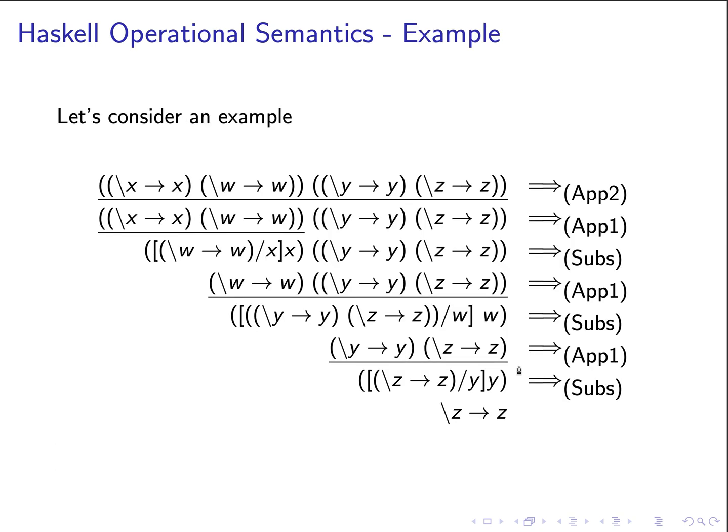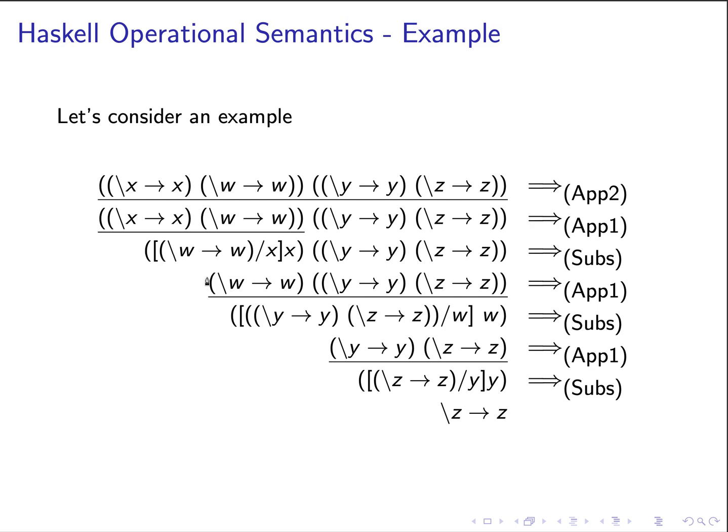Consider an example. We consider evaluating this Haskell program. We first apply the app2 rule to this expression because this first sub-expression over here is not yet explicit in one single lambda abstraction form. So we consider reducing this part. And now we consider this sub-expression, and this is already in the redex form syntactically. We can apply the app1 rule and reduce it, constructing the substitution and applying it to the function body,